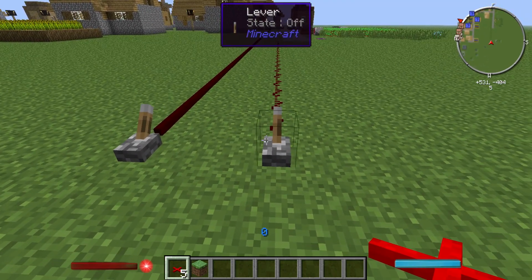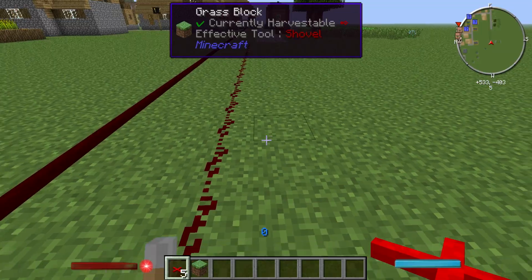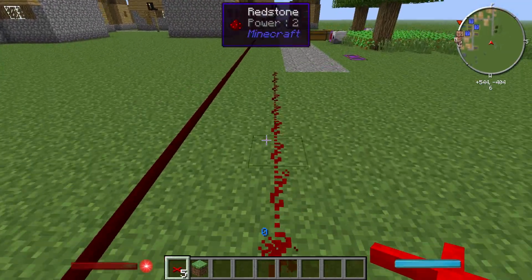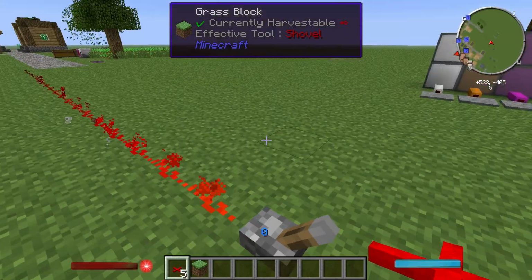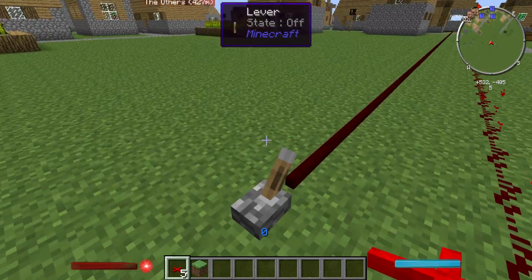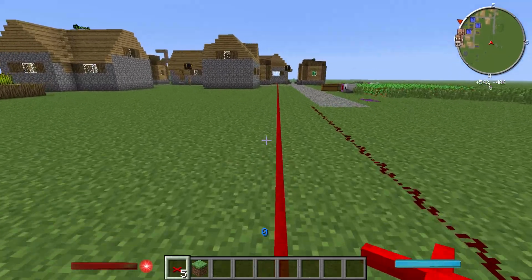The other thing people in the redstone community will understand is that redstone dust only has a power reach of 15 blocks, which isn't a lot. You have to put a repeater in and it continues. So it's not very efficient, but to be fair, you're just laying the dust on the floor, so it shouldn't be. The red alloy wire, on the other hand, goes past the 15 block range,